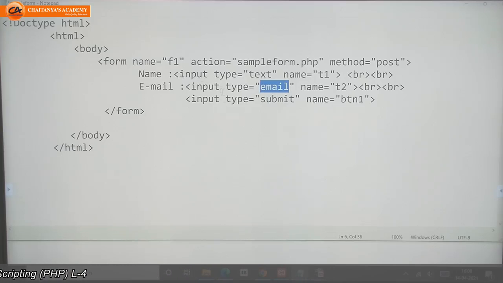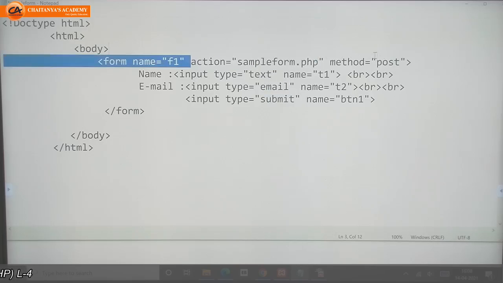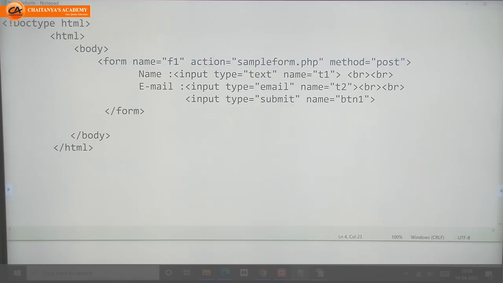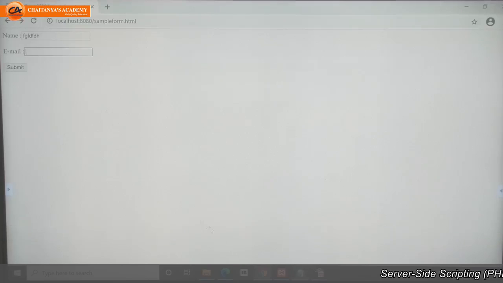For that purpose, you need to write two attributes here. First is the action attribute, second one is the method attribute. The action attribute decides where you want to submit the form when you click on the submit button.